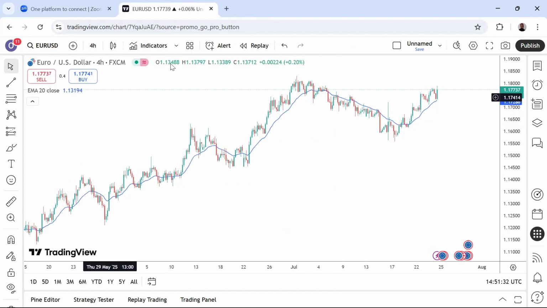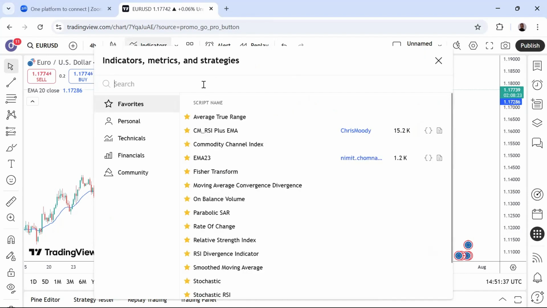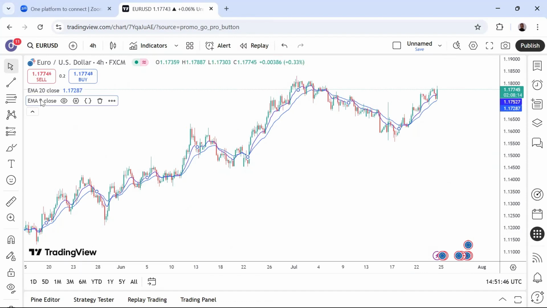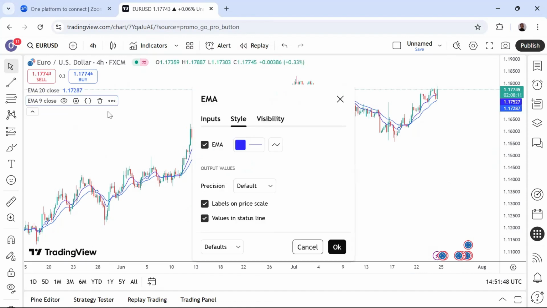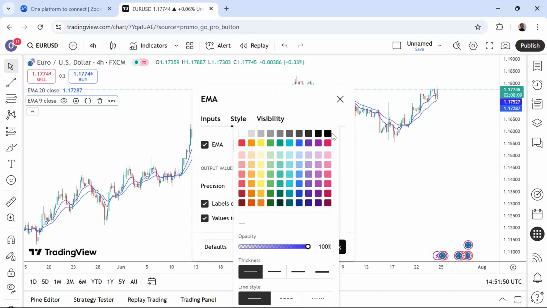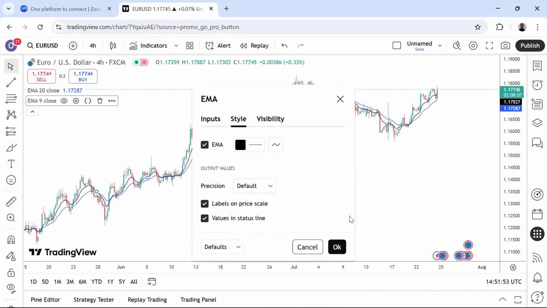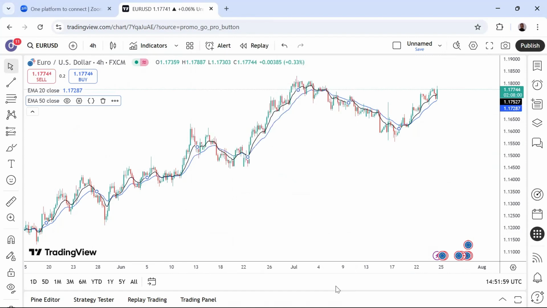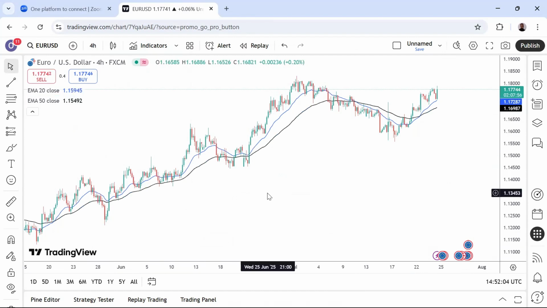I'm going to remove this and use EMA 50. The moving average exponential 50 is a good one. That I know for sure. It is something that I've played with a lot, and I would advise you use it as well. EMA 50. Let's use 50 right here. Good. And you can see how this works as well.